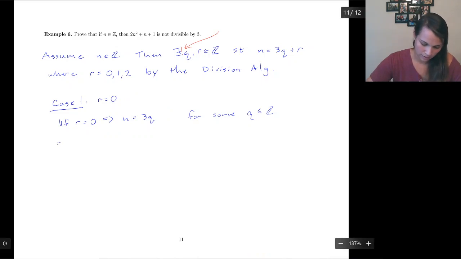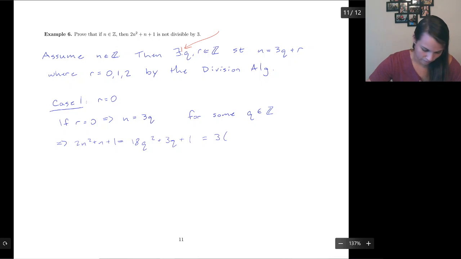Cool. Let's plug it in. 2n squared plus n plus 1 is then going to turn into 18q squared plus 3q plus 1, which is equal to,